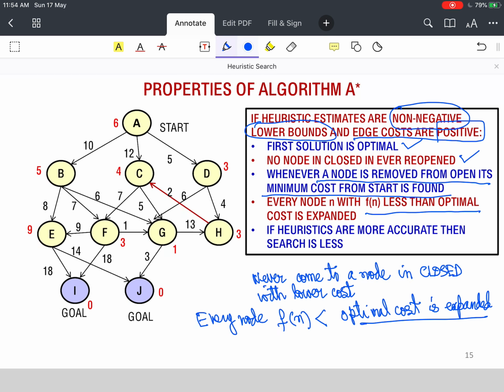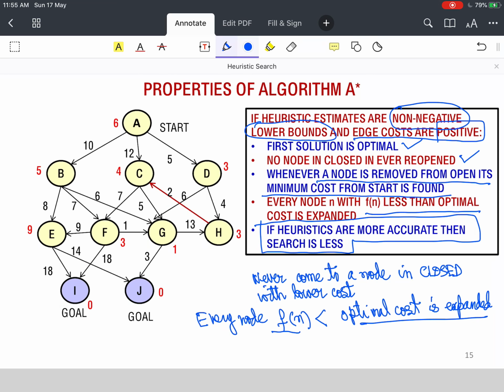Because the nodes are removed from open in terms of being the minimum cost, the sequence of nodes that are removed from open is non-decreasing in cost. Which means that if your goal node is of cost 235, and if there is any other node whose Fn value is less than 235, then it will exist in open before that. So all nodes whose Fn is less than the optimal cost are expanded.